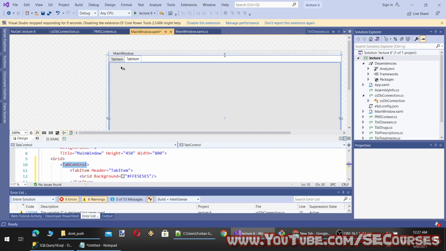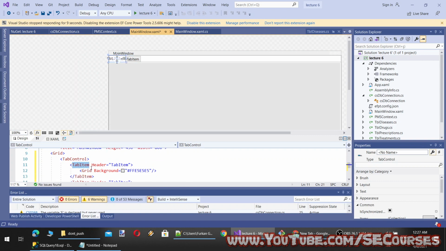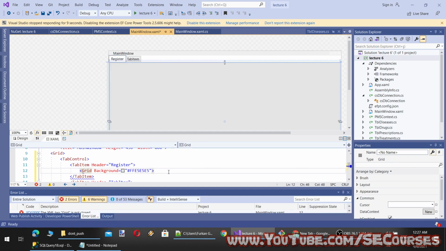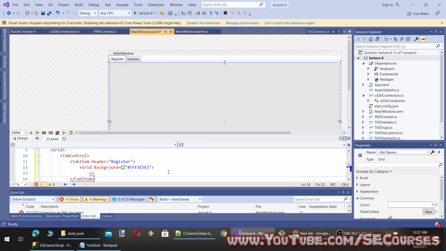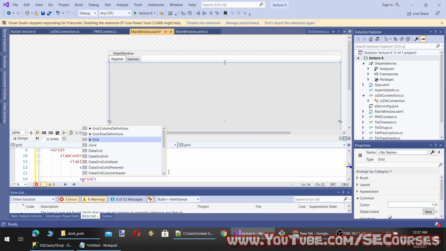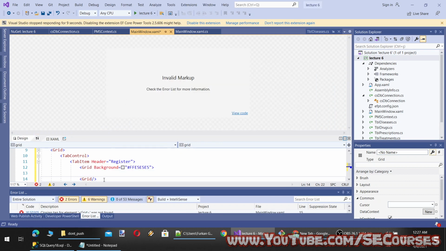So let's start with the tab item, and the first one will be named Register. And here let's make our grid like this. Okay, this is weird, let's take it back.